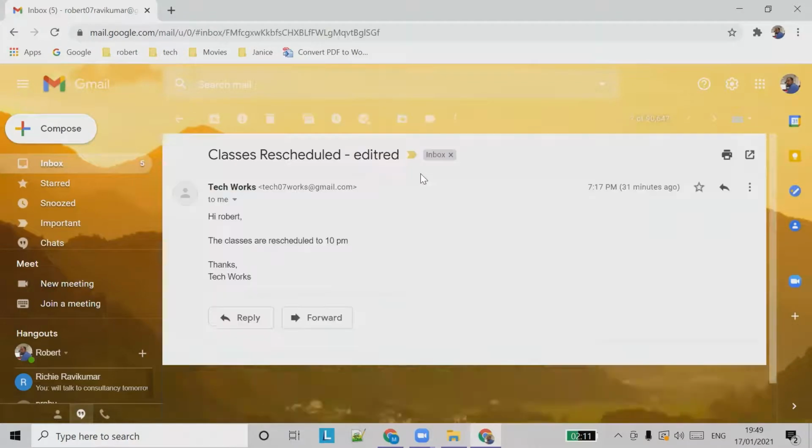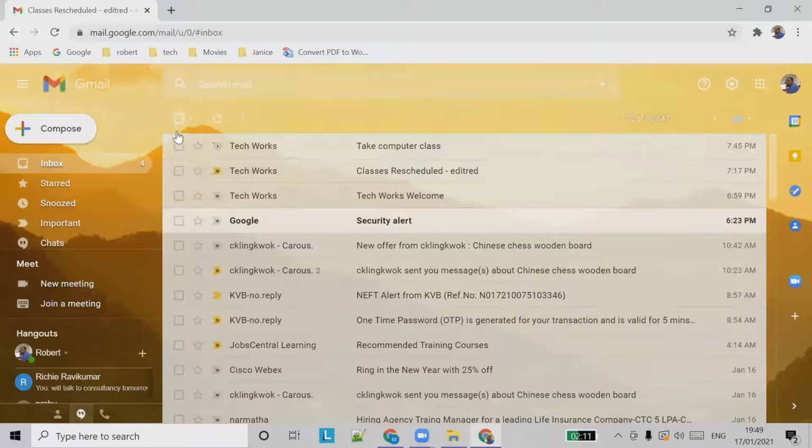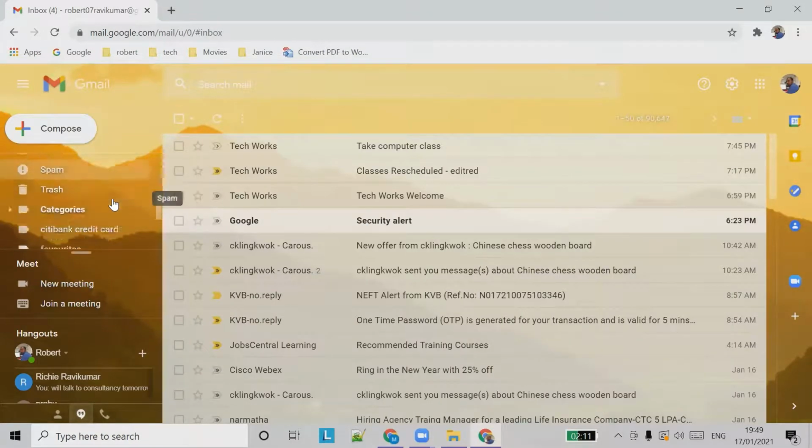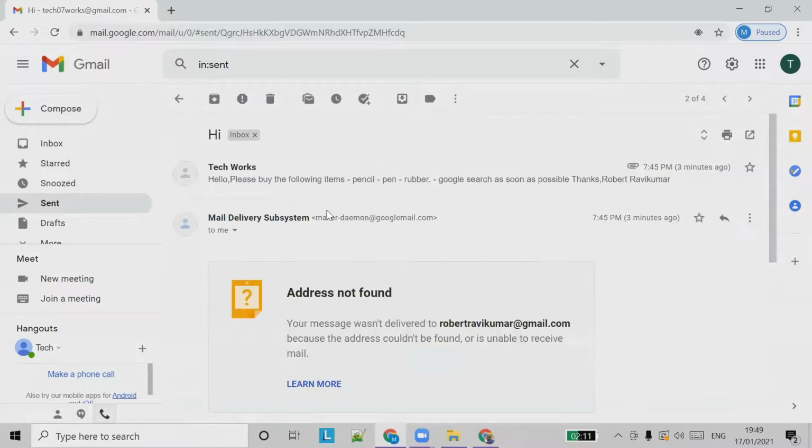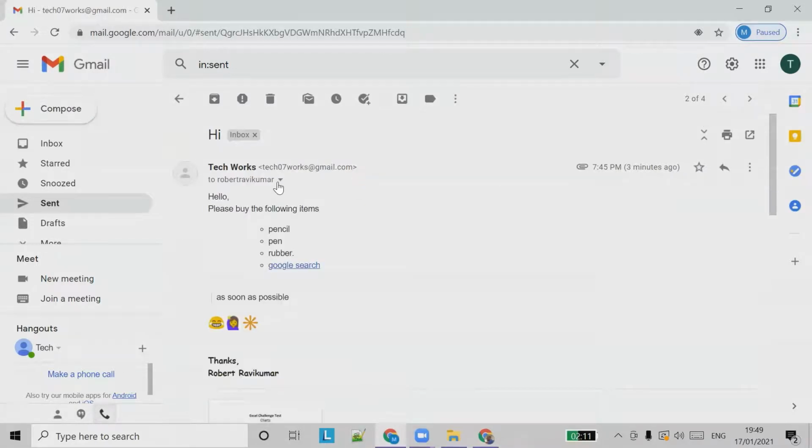So we can see what happened to the email. Whom did we send it to? Okay, we sent those emails to the wrong person, to Robert Ravikumar.